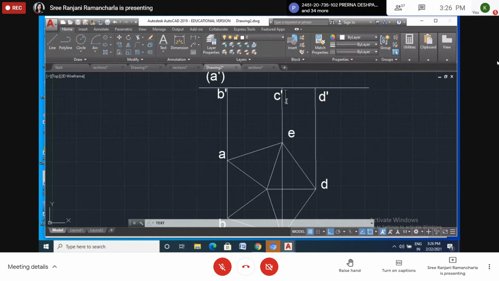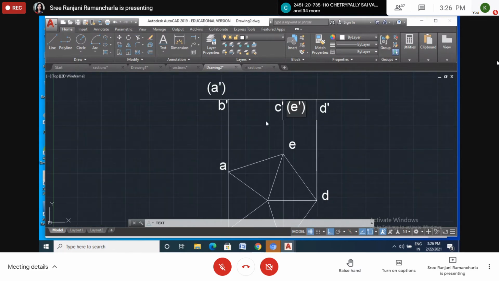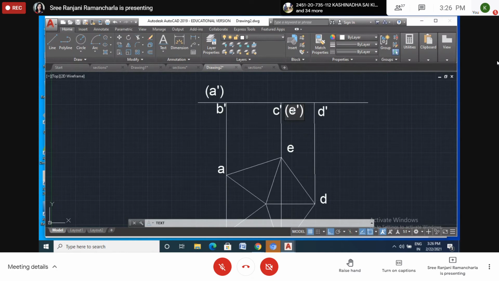So here I want to write in the brackets because a line will come. I don't want to write here. I want to write here D. So that one is in the bracket. E dash in the bracket. Okay, now over. Now close here. So A, B, C, D, E back again.